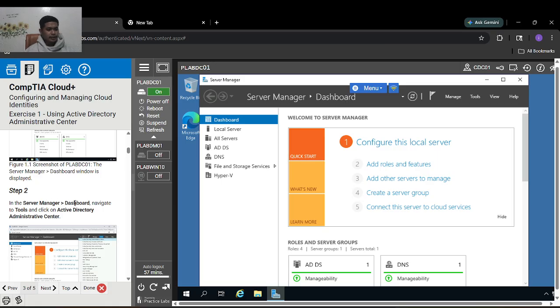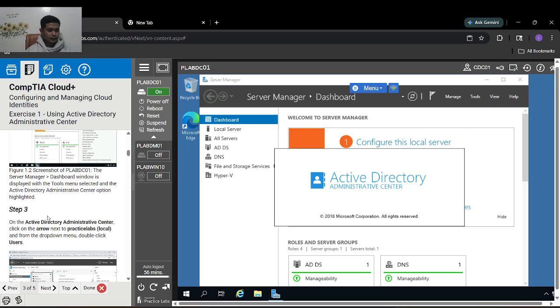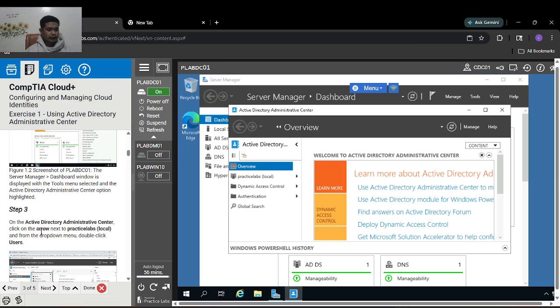In the Server Manager dashboard, navigate to Tools and click Active Directory Administrative Center. Step 3, on the Active Directory Administrative Center, click the arrow next to Practice Lab Local. From the drop-down menu, double-click Users.